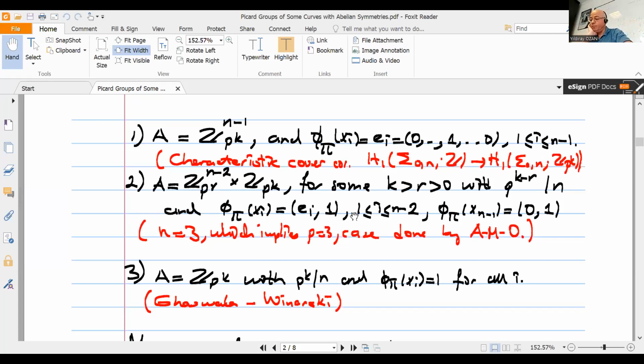This is for i from 1 up to n minus 2, and the last generator of the homology is mapped to 0, 1, 0 being the 0 element of this first factor of the group A. Okay,